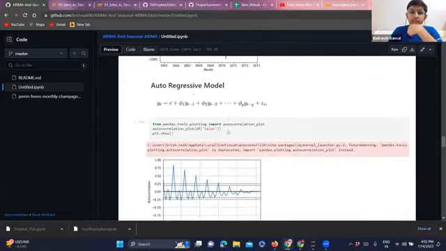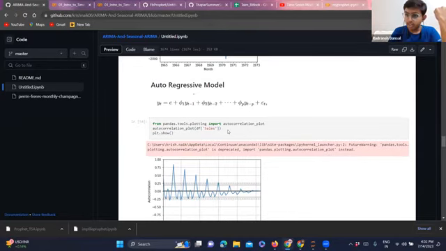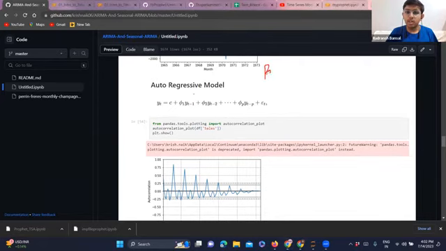As I said, it's an autoregressive model. In the simplest of terms, regression, if we talk about simple linear regression, is just beta naught plus beta 1 x, just like y equals mx plus c, where beta naught is a constant and beta 1 is a factor on the independent variable. This is how you get your y.